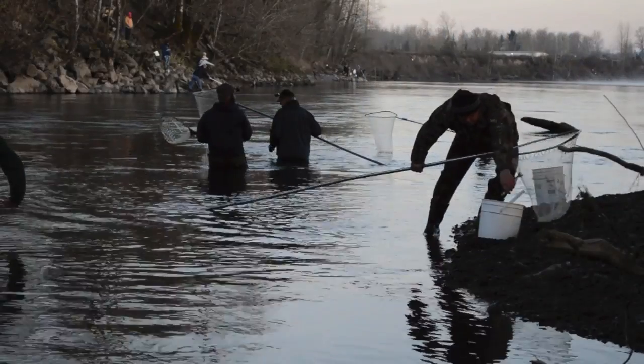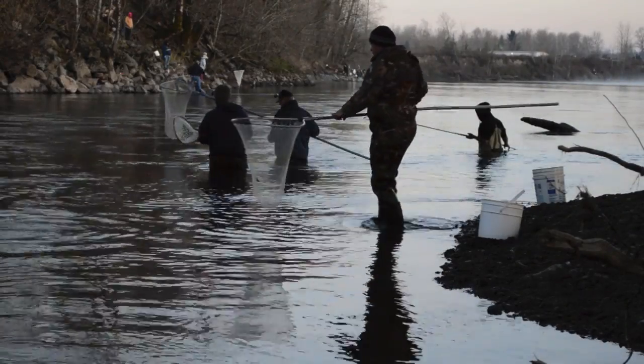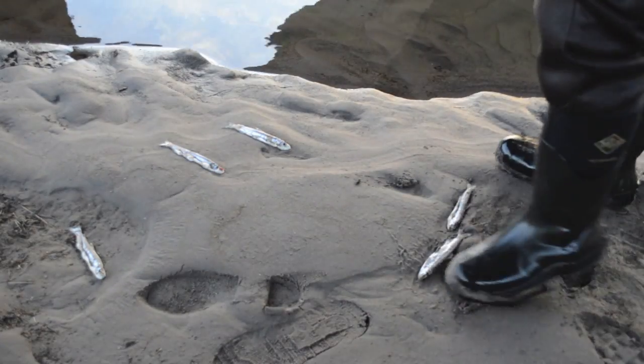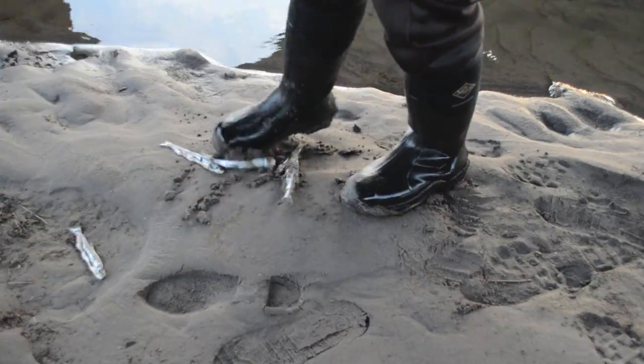On the Cowlitz River in Washington, I heard reports of a phenomenal run, where people were filling their nets with fish and catching their limit of 10 pounds within a few minutes. However, when I showed up for opening day in Oregon on the Sandy River, it was clear that the run had already happened. The banks were full of dead fish that had already spawned, and you could not see fish